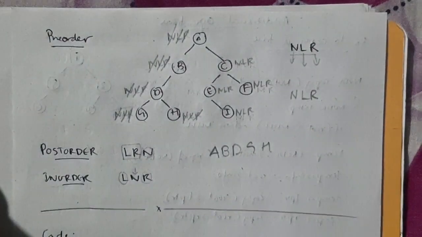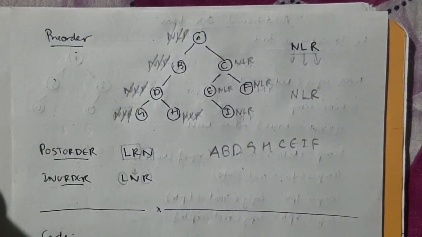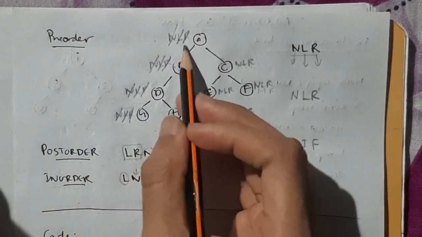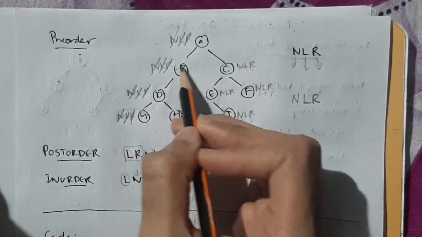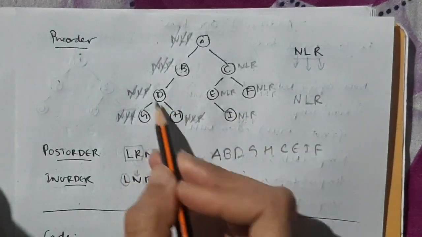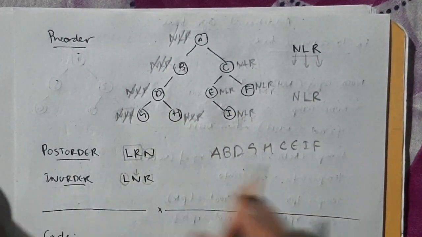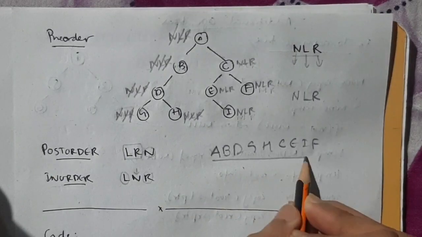sequence of pre-order. Now how to do the post order? Just write LRN in place of all of this, and go to left, then again left, left, left, then R, go to right, cut it, the same thing. In order also the same thing, you will get this thing very easily.